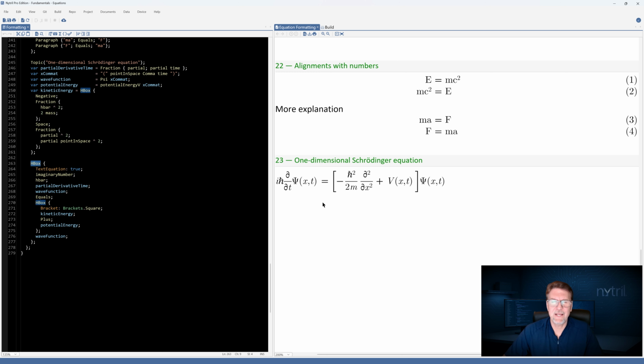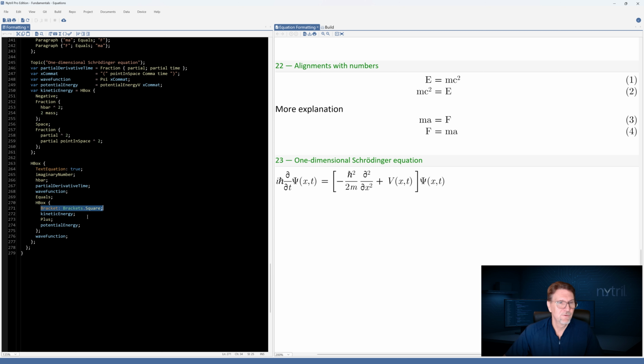We simply make an H box if we lay things out horizontally. And then we start adding in our items. We have our imaginary number. That's our I here. And then we place in our H bar. And then we have our partial derivative. And then this wave function here. And then we have an equal sign. Then we throw in another H box and we put around it square brackets.